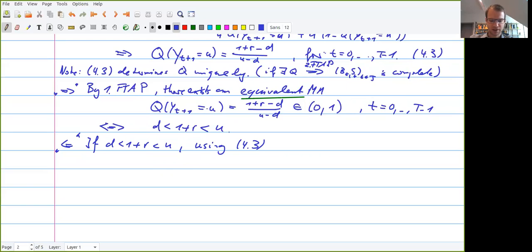You can see it still here. So we define the equivalent Martingale measure Q by